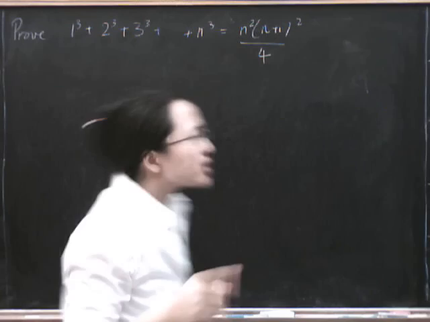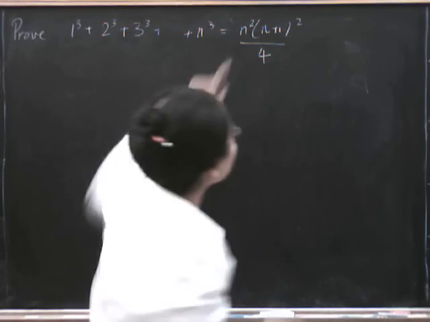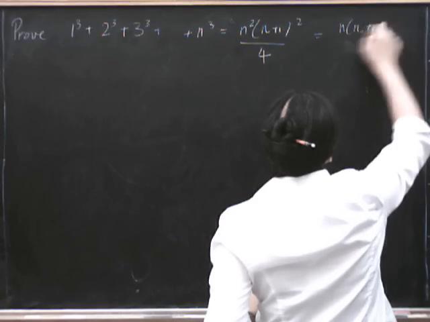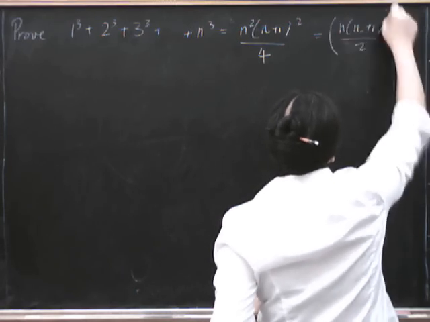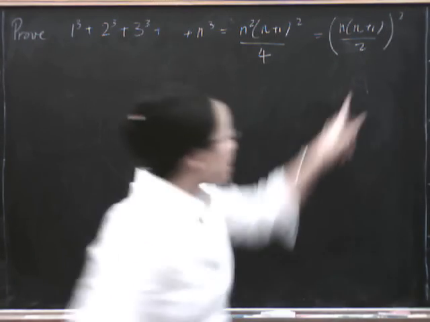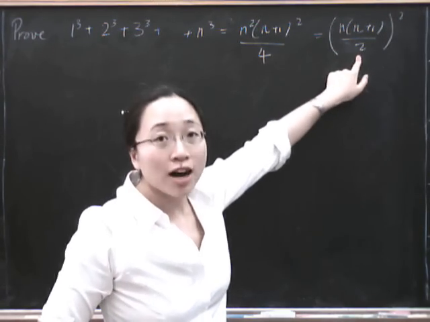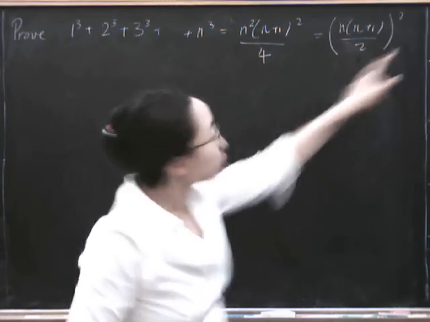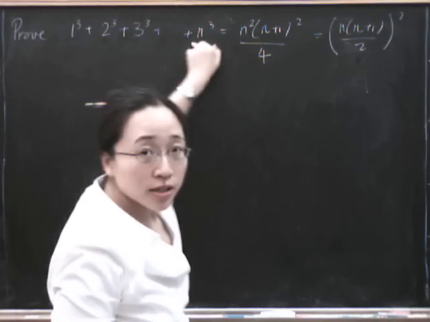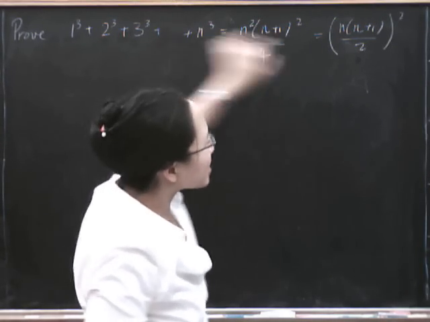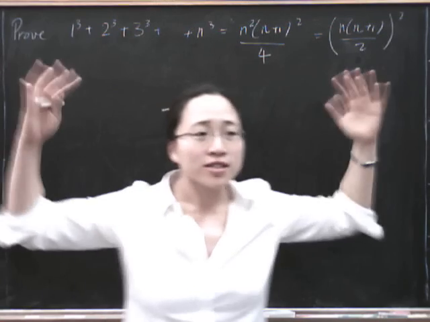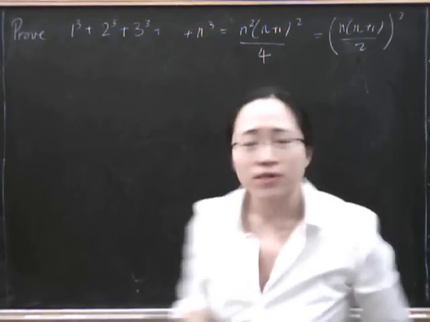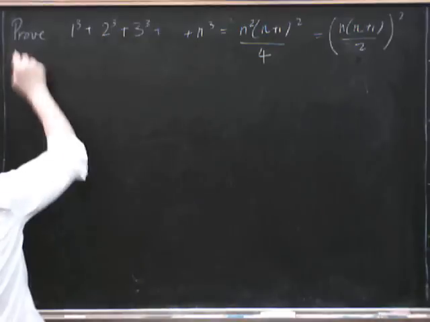Before we do that, let's just note something a bit interesting about this, because of course this is n times (n plus 1) over 2, all squared. And this is the sum of all the numbers from 1 up to n, the natural numbers, squared. So if you take the first n natural numbers and cube each one, the sum of that is the same as taking the sum of the numbers from 1 to n and squaring that sum, which is a bit curious, really. Anyway, let's prove it by